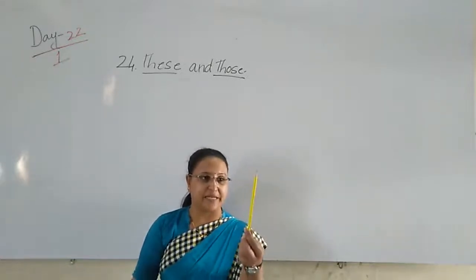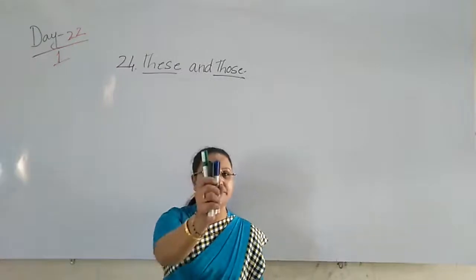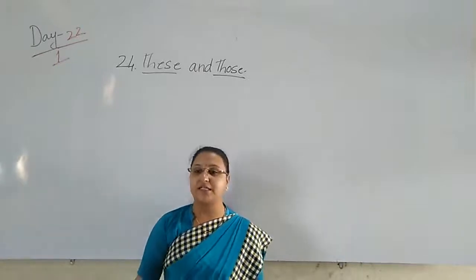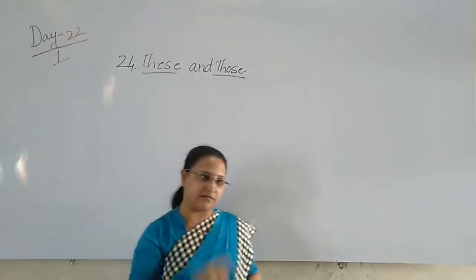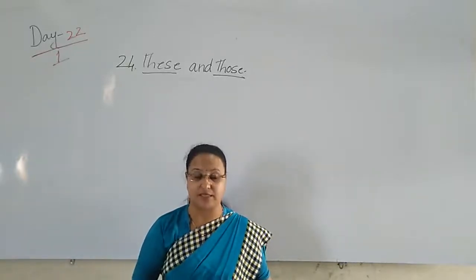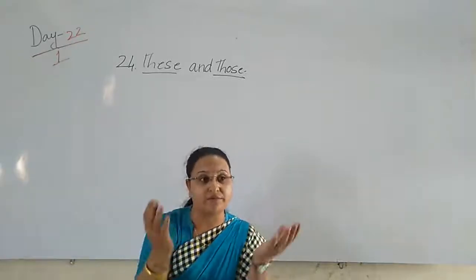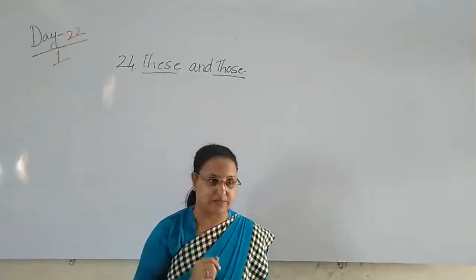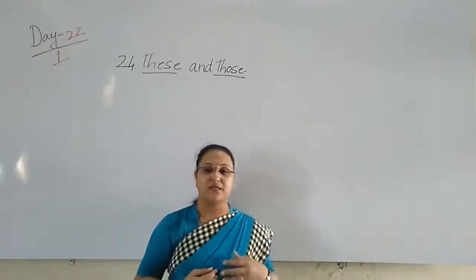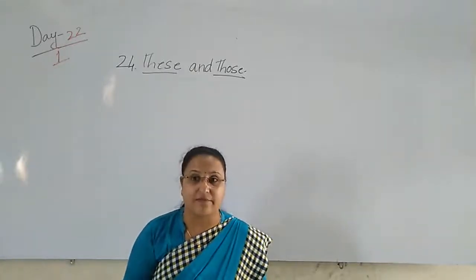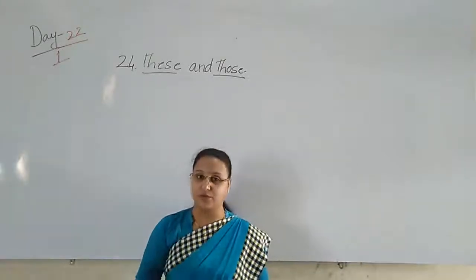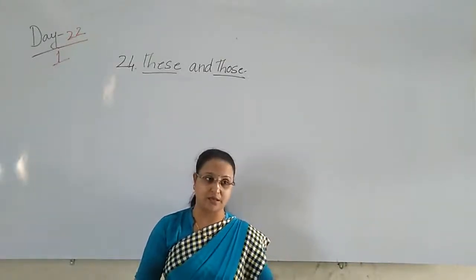This is a pencil, singular. These are markers, more than one. Yes or no? When the thing is closer to us and is only one, we use this. When the thing is closer to us, nearer to us, and is more than one, then we use these. When the thing is only one but far away from us, we say that. And when the thing is more than one and far away from us, we use those. What do we use there? Those.